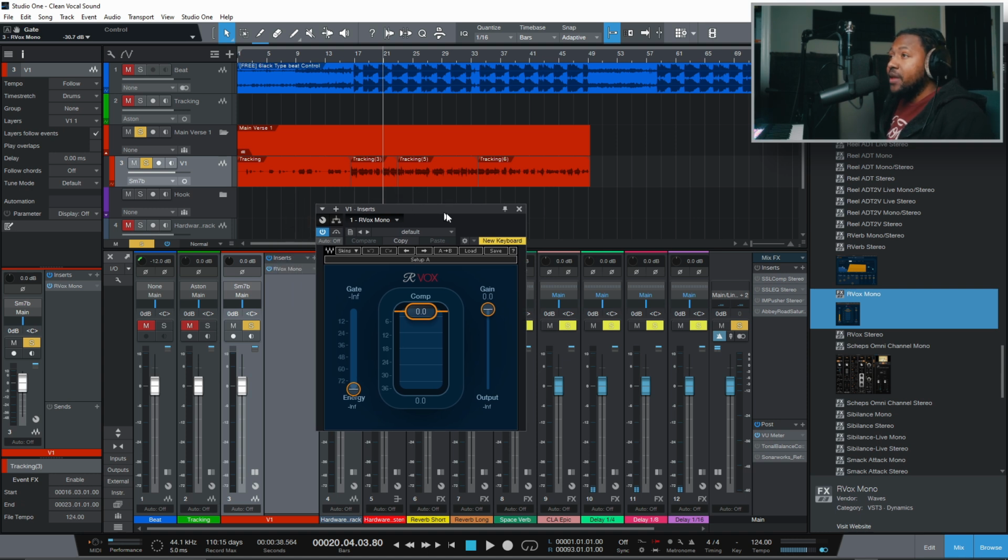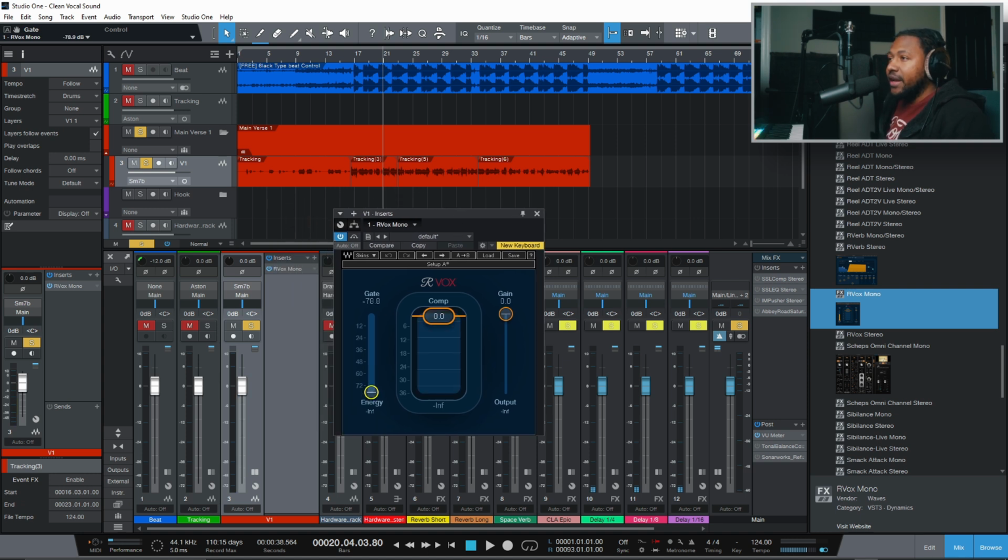So basically what you would do is you bring up this gate plugin, this gray fader right here, until it cuts out the background noise so you don't hear that. So if I start from the beginning,